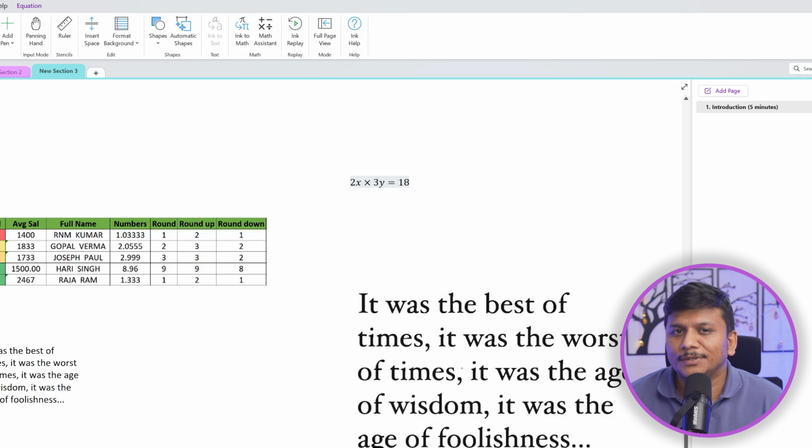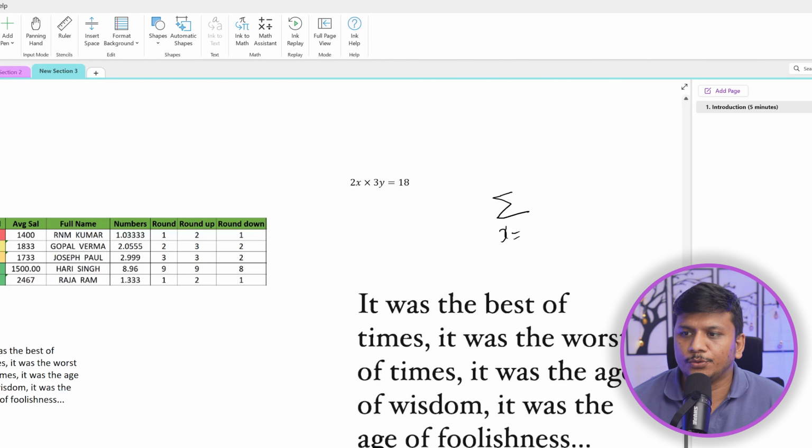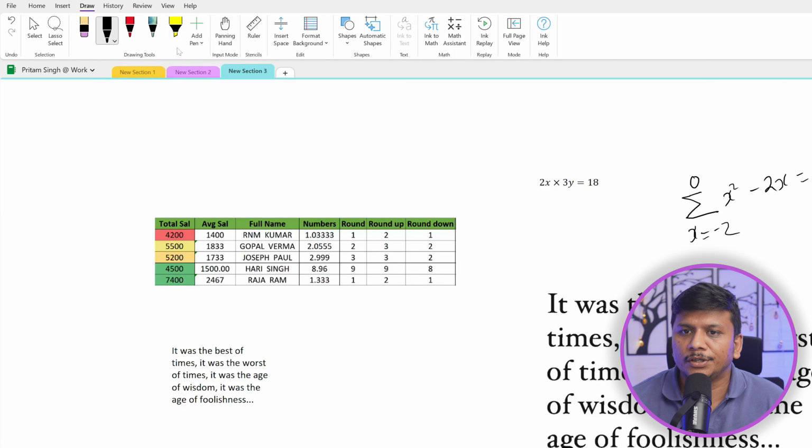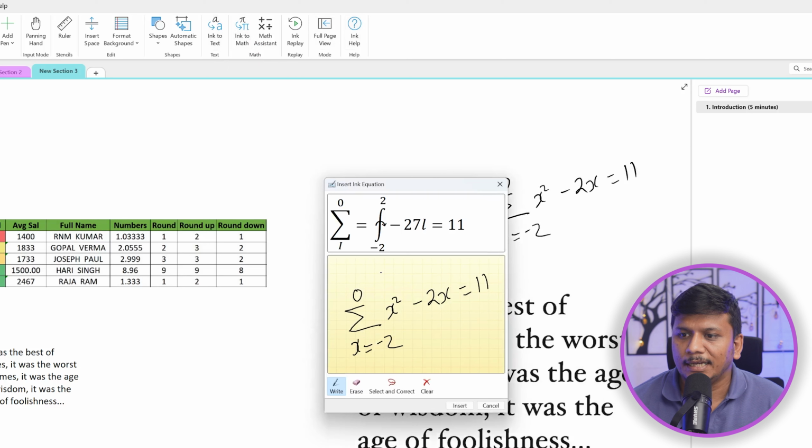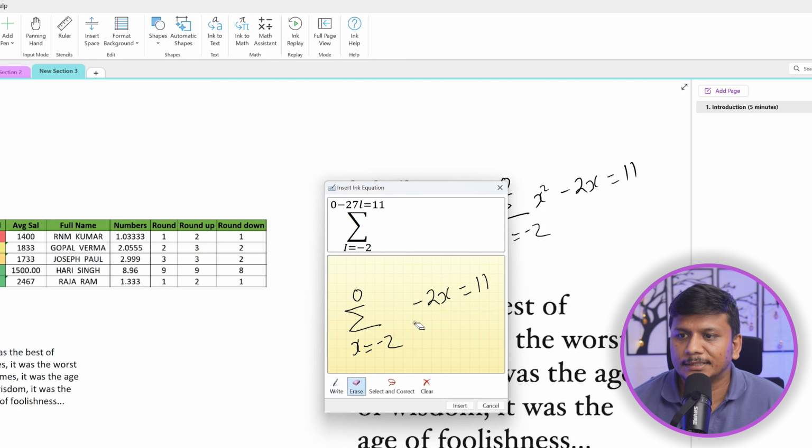Let's try something more complicated. For example, again, I'm going to write here x equal to minus 2 and then upper value is 0. And then I'm going to write here x square minus 2x and equal to 11. Now again, I'm gonna use this lasso tool and then I'm gonna select everything here. And then again, let's click on ink to math. And there we go. Again, we can see it was not able to recognize it correctly. So we can fix it. Let me erase this